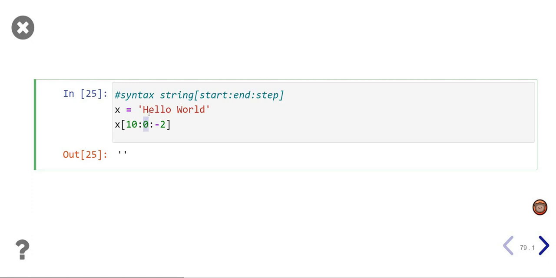So until where? 0. Where is 0? Here, right? But will it go until 0? What is the rule for this one? It is -1 or the element before, right? In this case, because of the negative, the element before is E. So it will not include H. But what is the step? It is -2. So you include D,